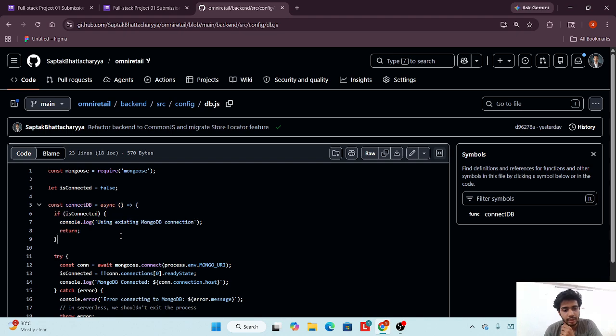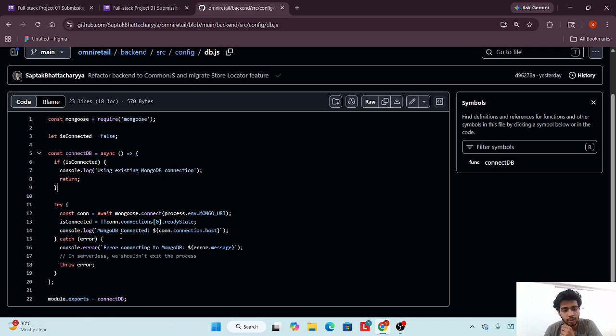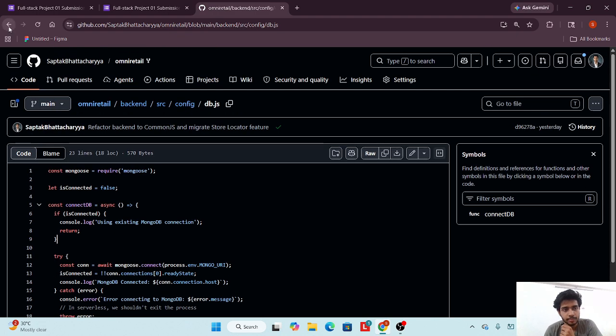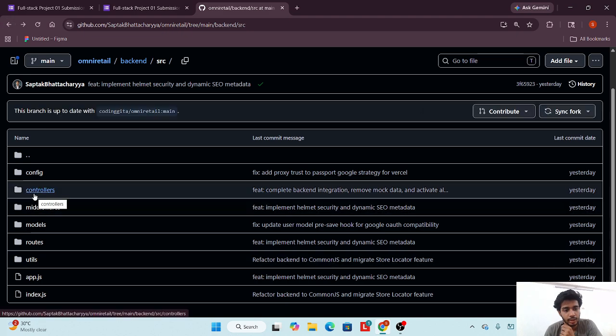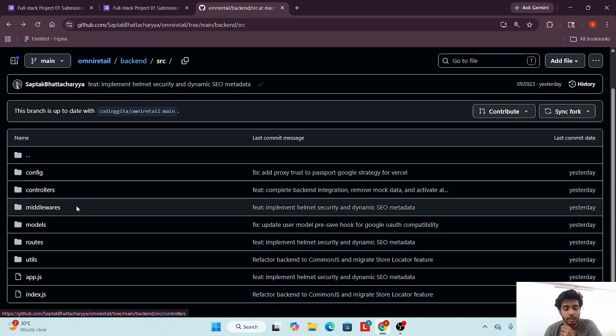I just connected it and just exported the file. And in the models, in the controller, here comes the business logic. All the logic related to the methods is here in the controller. And in the middleware, I have used the authentication middleware, and for those I have used the